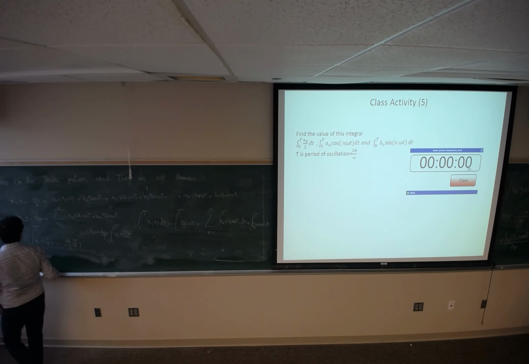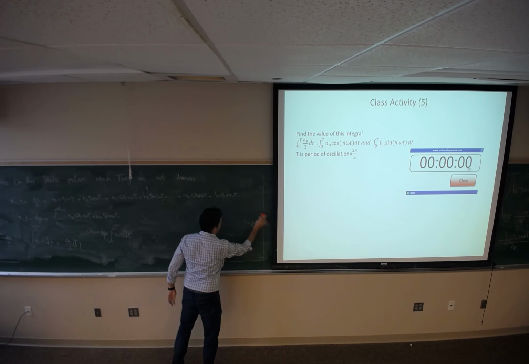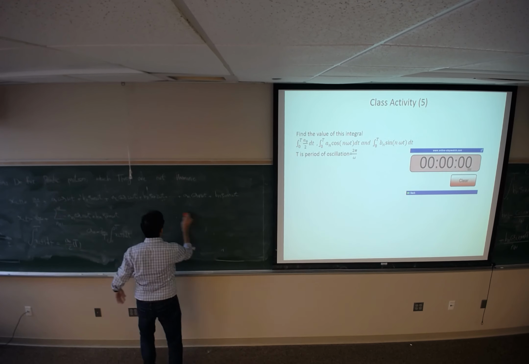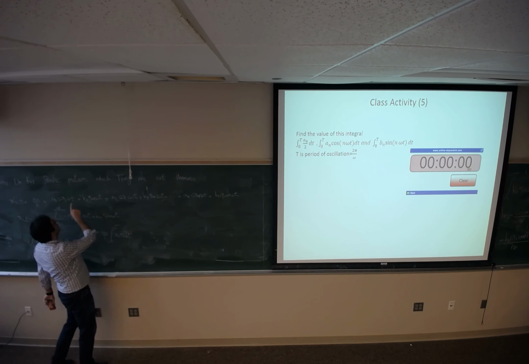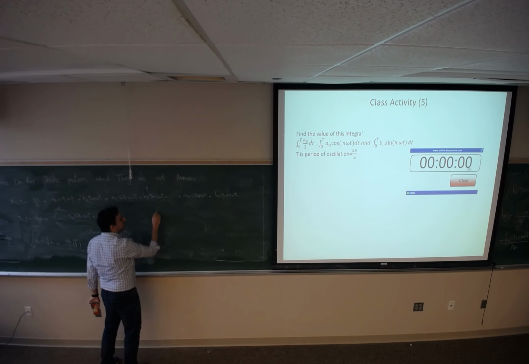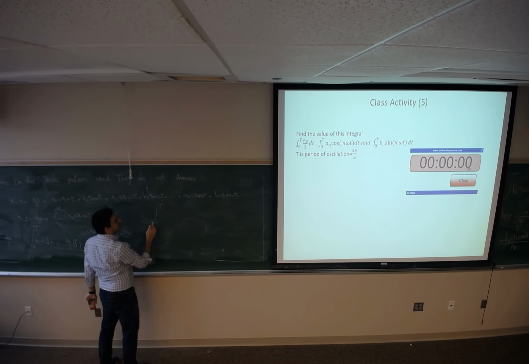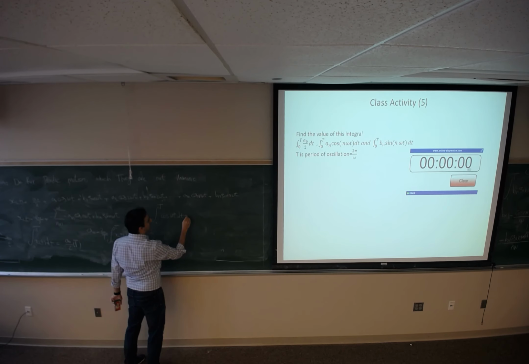The next coefficient is a1. So I'm done with a0. For a1, which has the term of cosine of omega t, I multiply both sides by cosine of omega t and do the integration from 0 to T. The integration from 0 to T of cosine of omega t times x of t dt